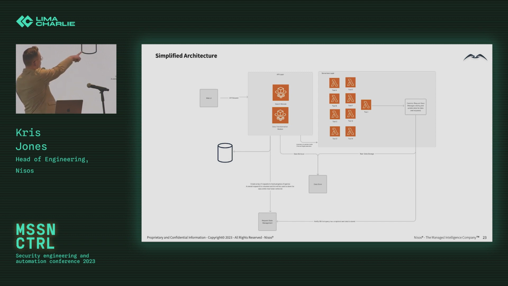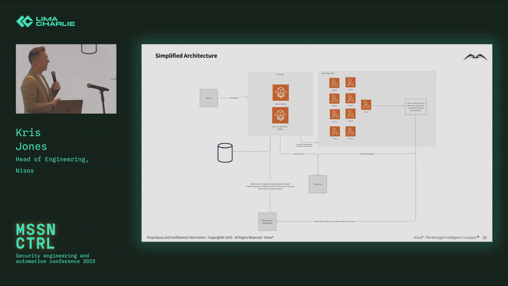So what you have over in the far side is our serverless layer, and every tool and API that we build into the platform is created as a brand new Lambda. So you can create and add tools in isolation and at speed, because you have a defined mechanism of doing so with a common data storage, common request layers. So it becomes super simple to add in OSINT tools and API requests.